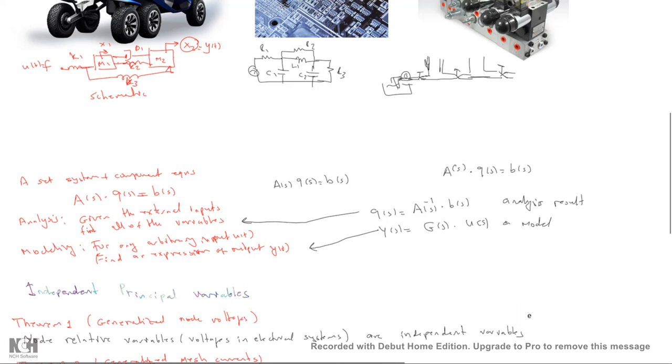So let's type here, for example, for this electrical circuit, we are going to put all the nodes here. Let's call this one node 1, this node 2, this node 3, and for the relative